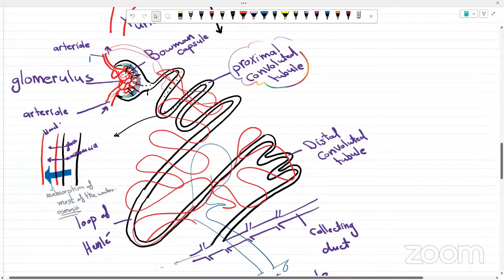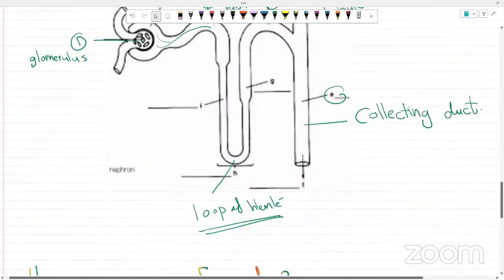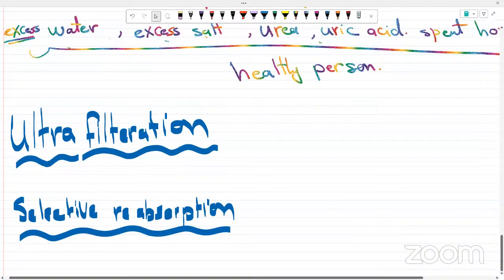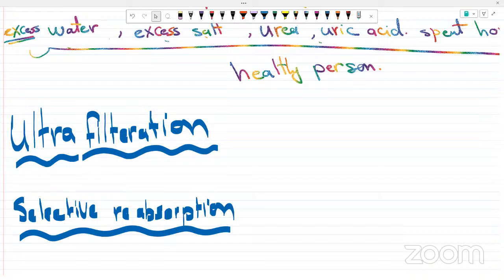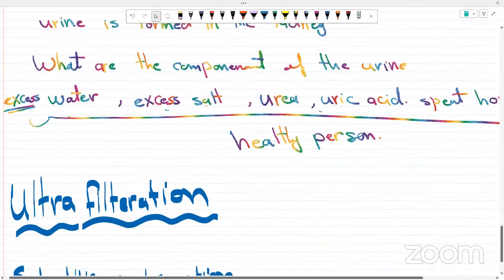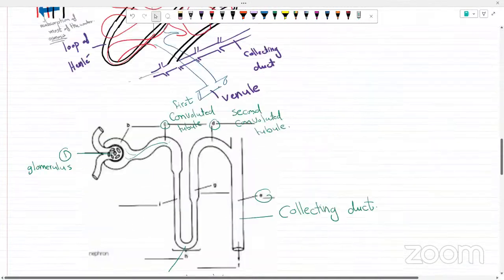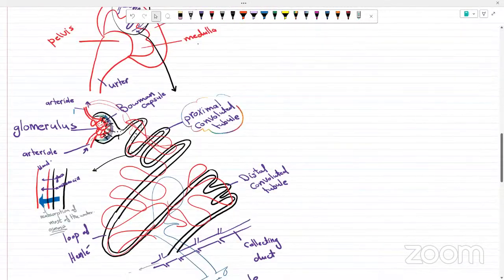Three steps or two, you can say. First, ultrafiltration, which is filtration under pressure. Second, selective reabsorption. Then more and more reabsorption to reabsorb more water, right? Back to the blood,